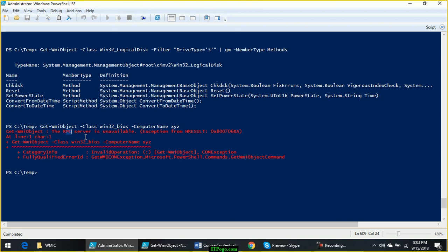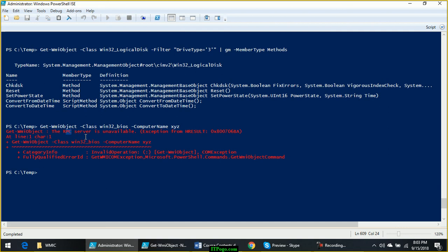That's why instead of RPC, nowadays there is a new technology called CIM. It is not yet new, but it has come after WMI as a replacement. Slowly it is replacing WMI. It is not yet completely replaced, but for every WMI class there is a corresponding CIM class available.